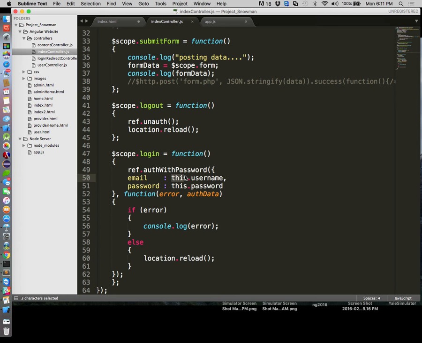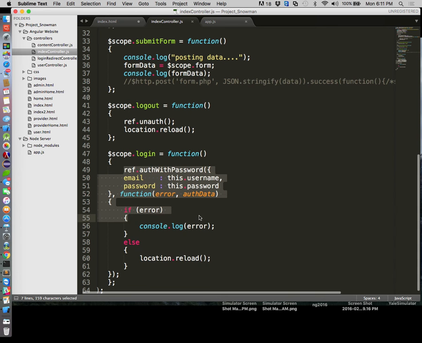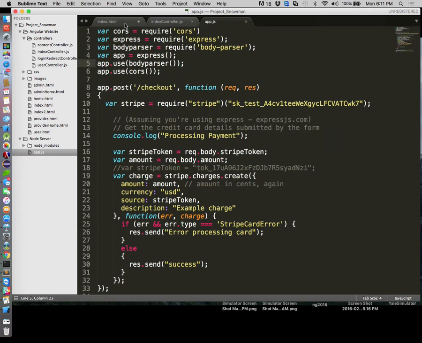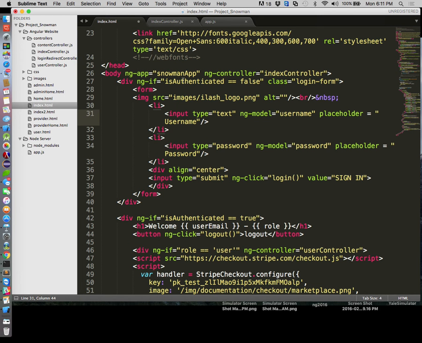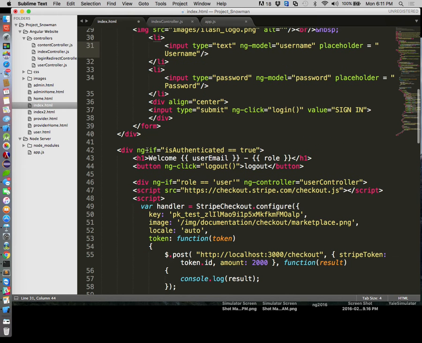So since everything's an object, we can reference this particular object and ask for this particular guy's username, and it references it correctly. So I'm not sure what we broke before that, but this works just fine. So when we log in, this is our normal login function just like we had before, and then we're reloading our location so it can update this ng-app thing,